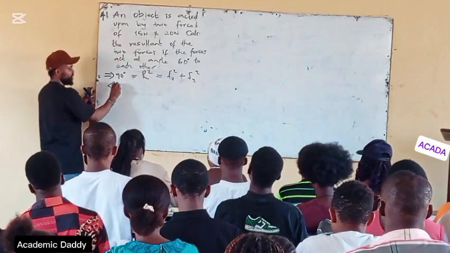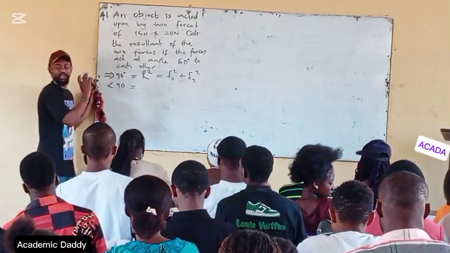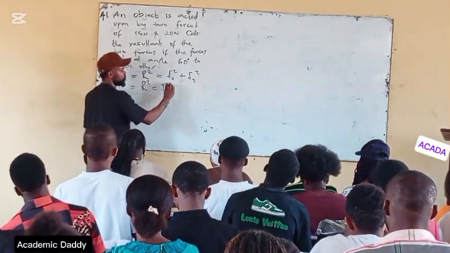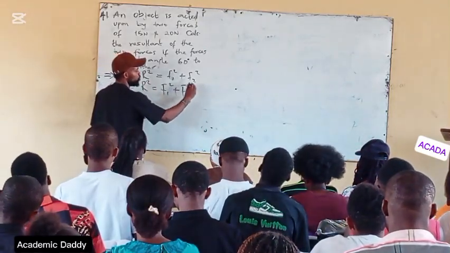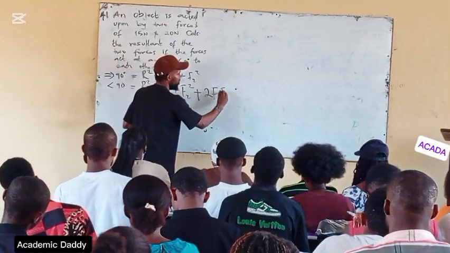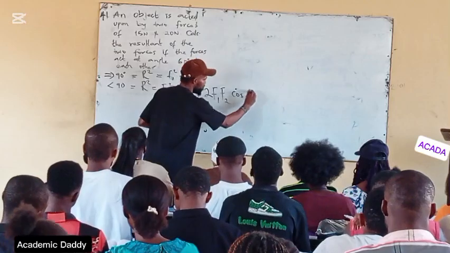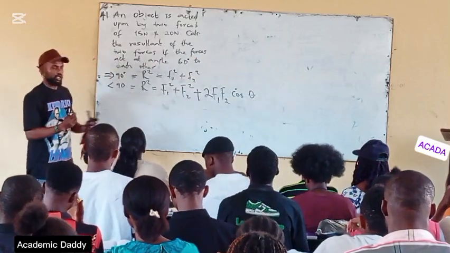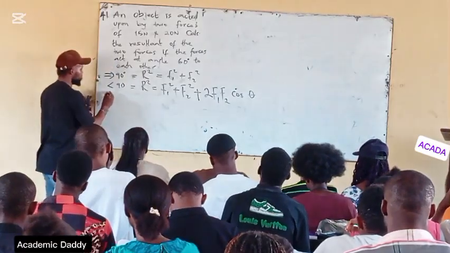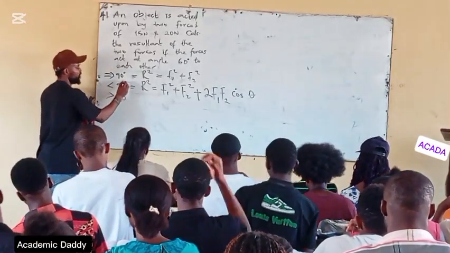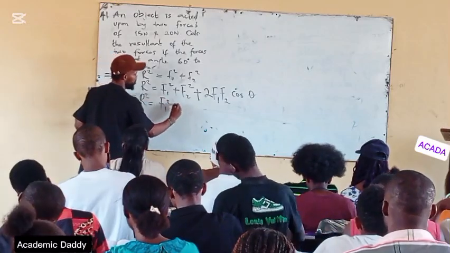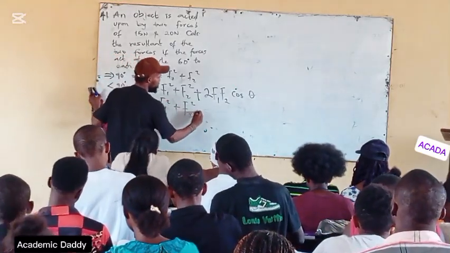If it is less than 90, I'll simply use R squared equals F1 squared plus F2 squared plus 2 F1 F2 cos theta. When it's less than 90, because this will give me a positive value, and I need to maintain the positive value. But if it is greater than 90, which is obtuse, I will use R squared equals F1 squared plus F2 squared minus